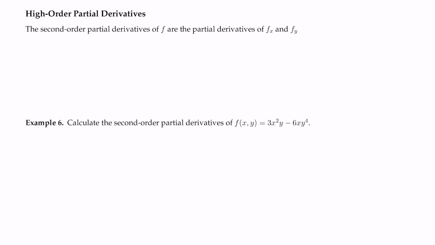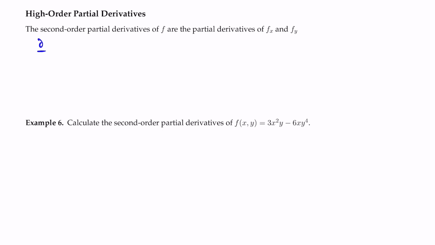So just as we have higher order derivatives of functions of one variable, we also have higher order partial derivatives. For example, given the function f, its partial derivative f sub x, we can take the derivative of f sub x with respect to x or with respect to y, which account for 2 of the 4 possible second order partial derivatives. So that is the second order partial derivative of f are the partial derivative of f sub x and f sub y. So that is technically what you do to find the second order partial derivatives,